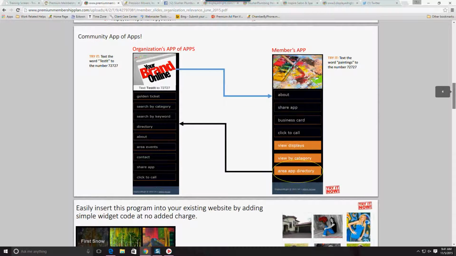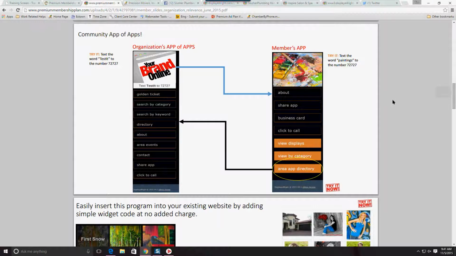Of course, your website is not only advertised and a part of the Chamber directory, but the Chamber also has a mobile app, and I believe Stevie was talking about that, how every premium member is highlighted on the Chamber member app. When you're a premium member, anyone who visits the Chamber mobile app will find an area that talks about premium members. When they click on that button, they're going to see a list of all the premium members, and they just need to click on whichever member business they're interested in, and it will take them straight to your mobile site.